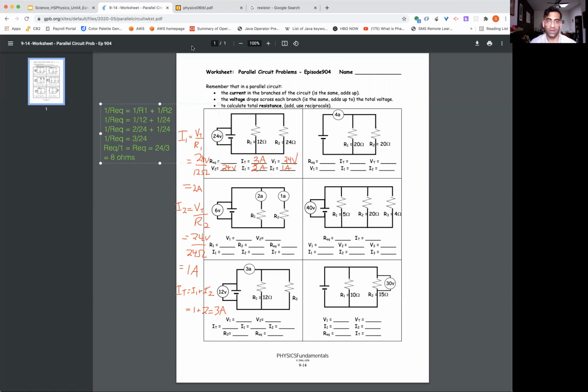So now we've also got our equivalent resistance. I hope these examples were beneficial to you,